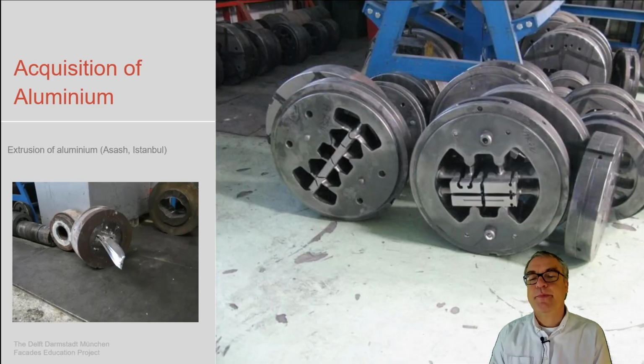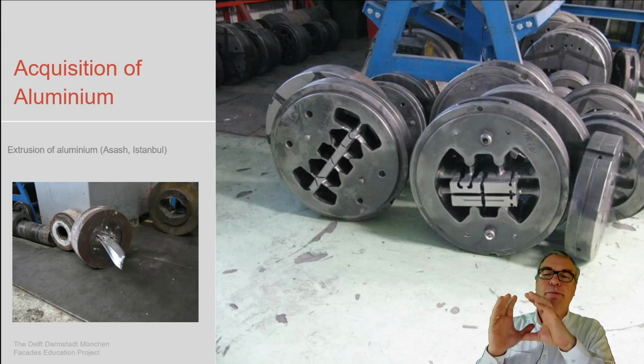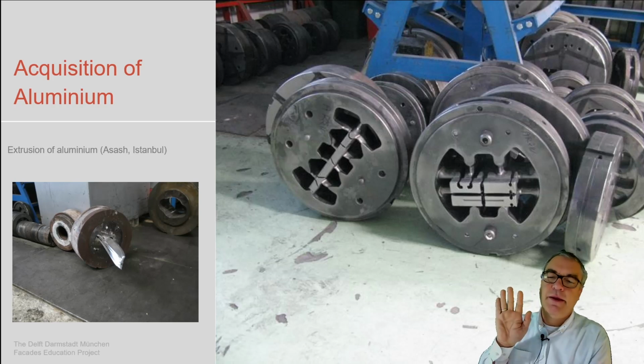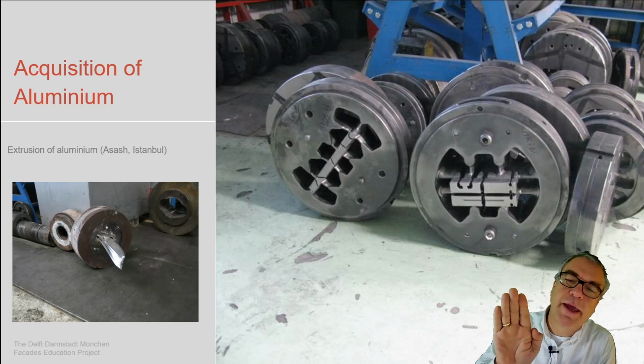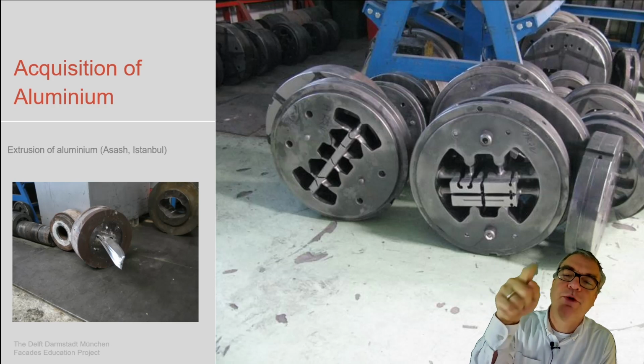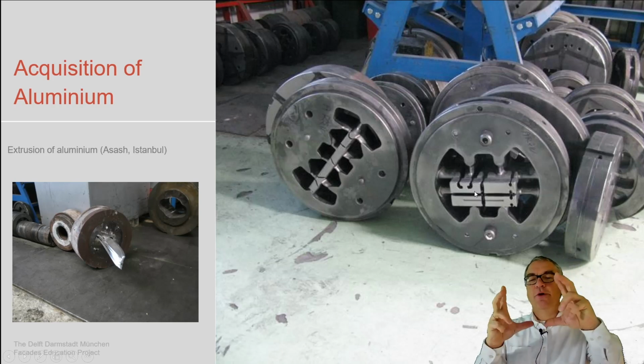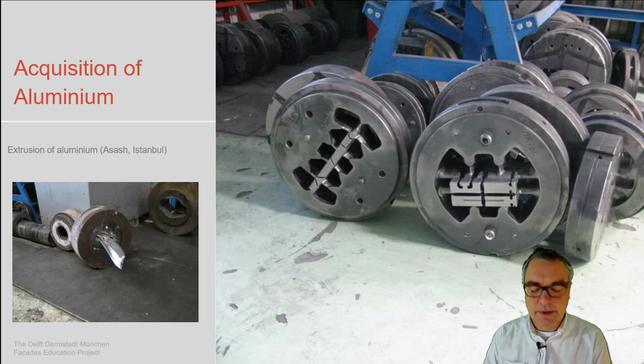As said, aluminium by its material properties allows us to follow an extrusion process. This is an extrusion die, so we have that aluminium bar being brought in front of this extrusion die and then pushed through the extrusion die, and by that creates the outer shape, which is what we see there, and it also needs to create these inner openings. So this is actually the negative shape of the inner opening to allow a certain geometry, a certain dimension.